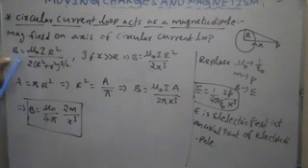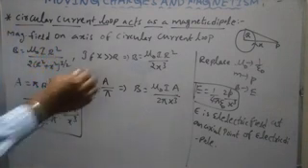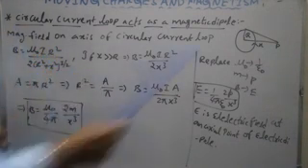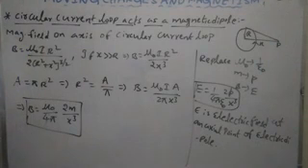Now we come back to this point. We already derived this very important expression for the magnetic field induction on the axial line of the current carrying coil. What is the formula? B is equal to mu naught I r square by 2 into (r square plus x square) whole power 3 by 2. Here x is the distance from the center of the coil to the point P where you are calculating the magnetic field. R is the radius of the coil, mu naught is the magnetic permeability, and I is the current flowing through the coil.